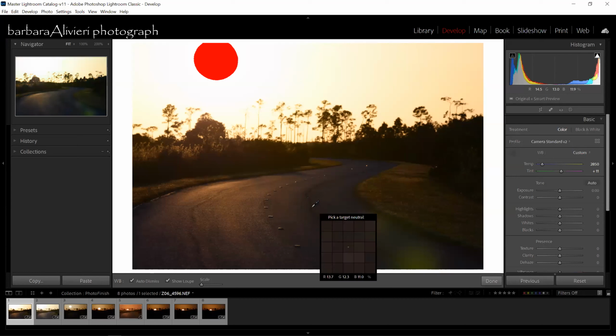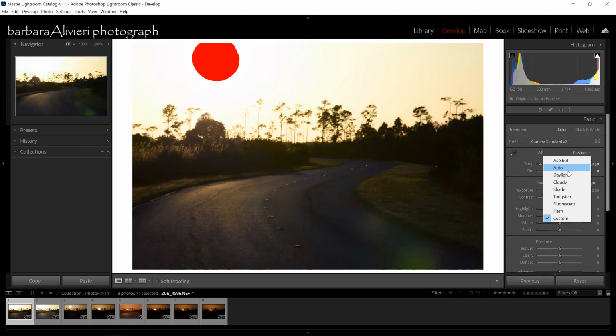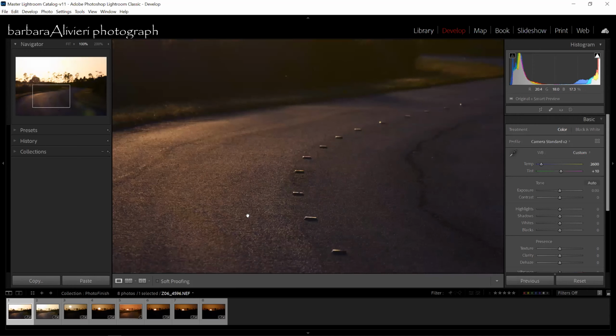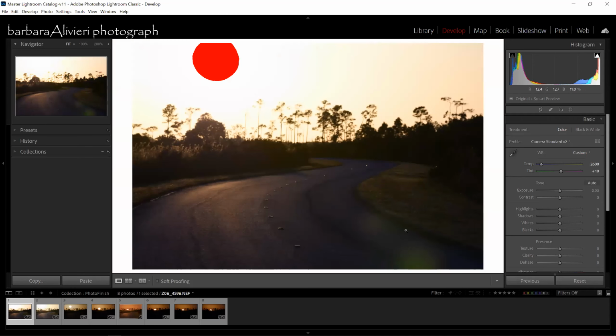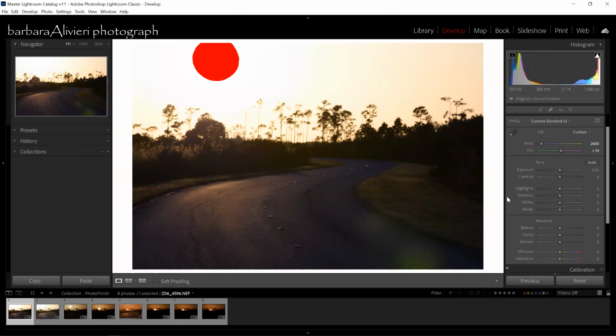So I'm going to choose something that's dark and see what that looks like. And that pretty much took us to where our auto was. If you look here, it's pretty close. So I'm just going to put this back where it was, cool this off a little bit. Okay. This is where I like it. We got nice looking blacktop. It doesn't have a bad color cast, except over here, of course, where we have sun flare.